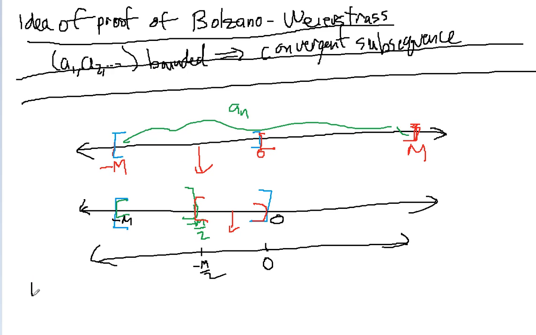Well, then what happens? We have I sub naught is going to be the interval negative M to M. This is from the bound. We know it's bounded. And I sub n gives us a sequence of intervals where the length of I sub n is equal to 2M over 2 to the n, because it gets half as big each time. In particular, that length goes to 0. So we can always pick these intervals that contain an infinite number of terms, and the intervals are getting smaller and smaller and smaller, which means we're getting an infinite number of terms that are crammed into a smaller and smaller part. Which means, now, if we take